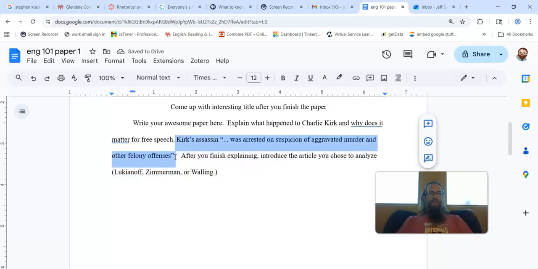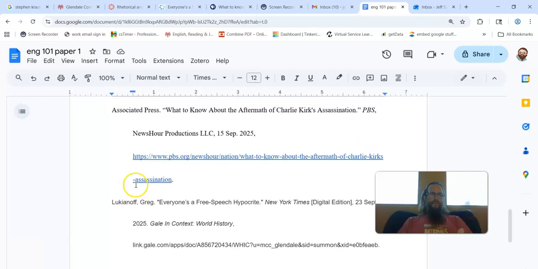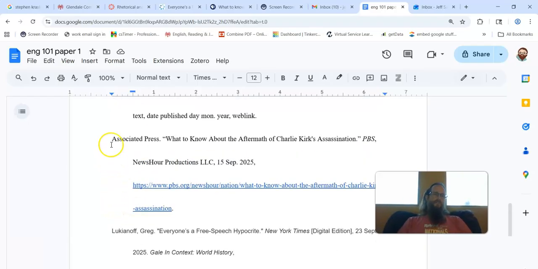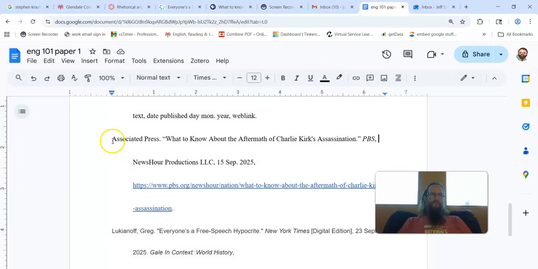Now I use the quotes so the reader realizes, all right, that's not Jeff's words. Where is it from? I've got two different sources on the works cited page. I have to show the reader which source it's from. Is it from this article? No, it's from this article. How do I show them it's from that article? I use an in-text citation.